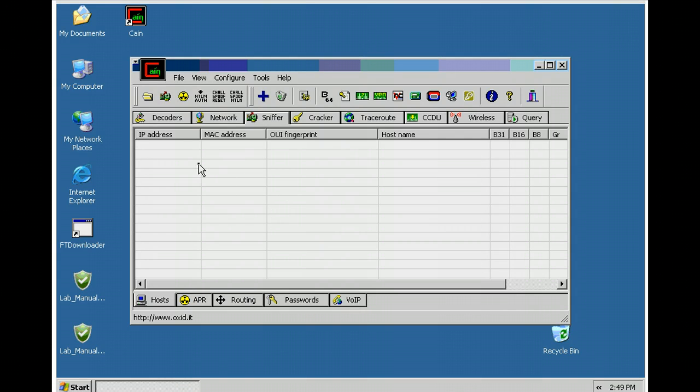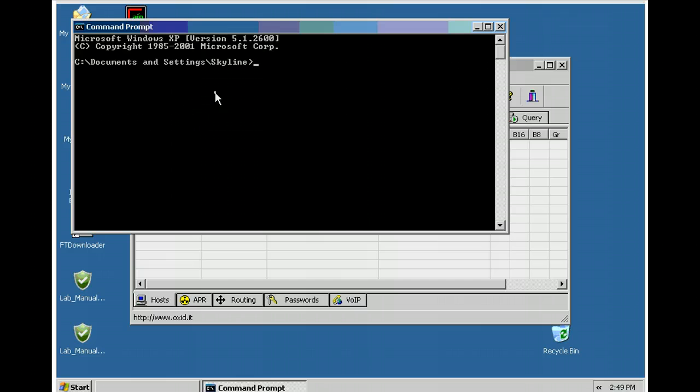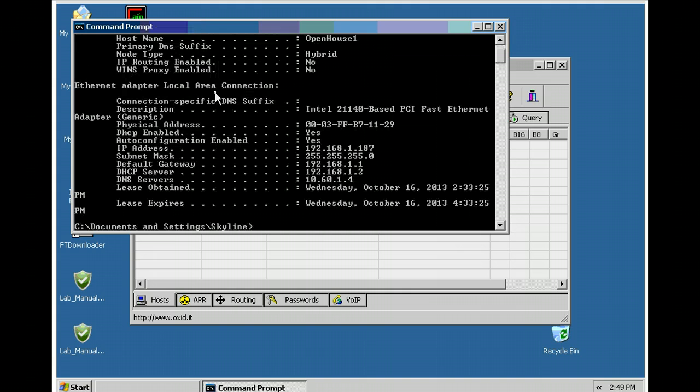The first thing that we're going to need to do in order to do a man-in-the-middle attack is to have somebody to attack. Our objective is going to be to intercept the traffic between a victim workstation and the default gateway. What we're essentially going to do is set ourselves up as the default gateway. To do that, this is going to be the machine that is the attacker. So let's look at its